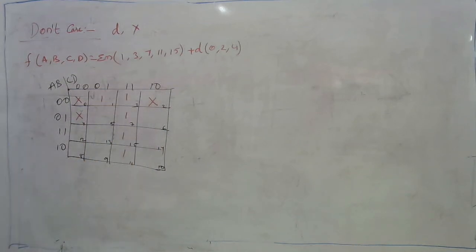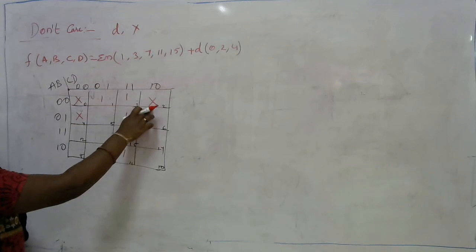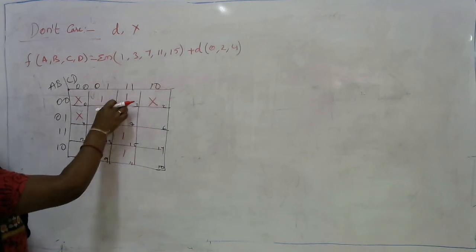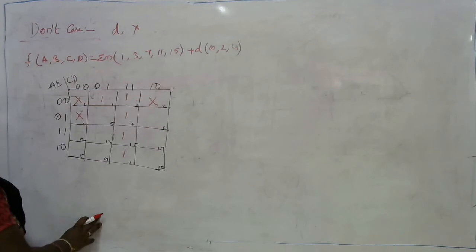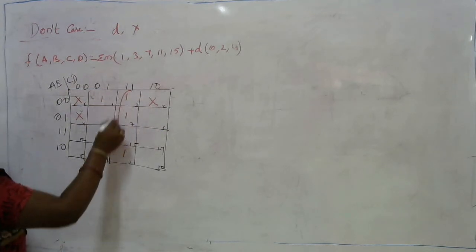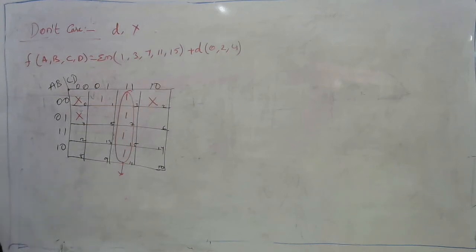You can represent the don't cares as either the cross mark or with a D value. This cross mark means you can consider it as either 1 or 0, depending upon the simplification we need to do. And remember, don't combine only the don't cares. There should be as many as possible minterms or maxterms rather than using only the don't cares. Now, in this case, all these ones are adjacent to each other, so I can make all these ones as one quad.